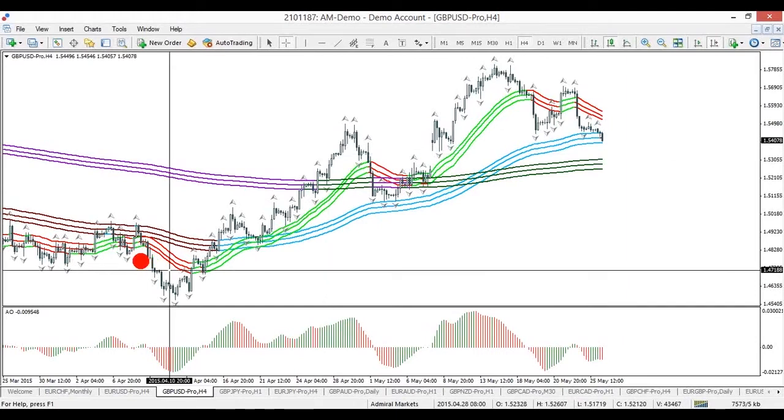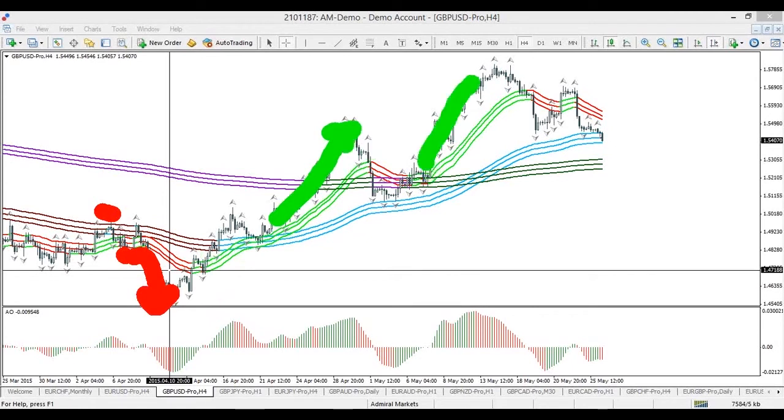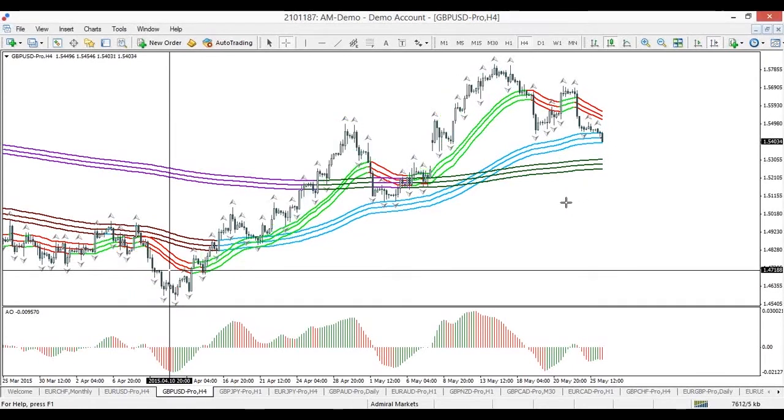For instance, this was a good short here, right below the moving averages. This one not that much, but if you use the stop loss above here, it still would have worked out. All right, just to give you some examples. Here, good breakout. Here, good breakout, etc. Anyhow,